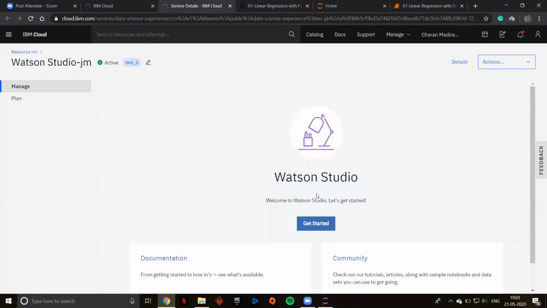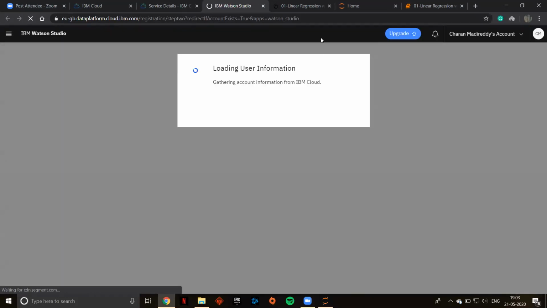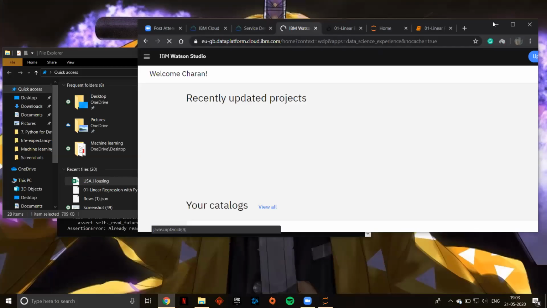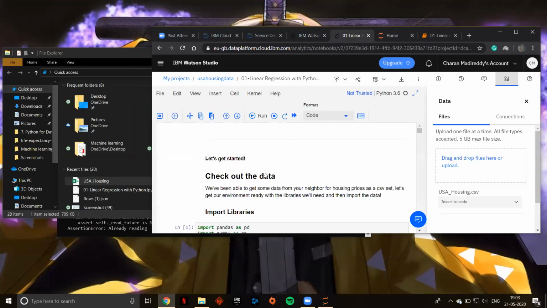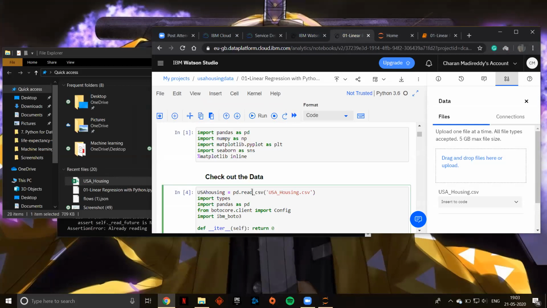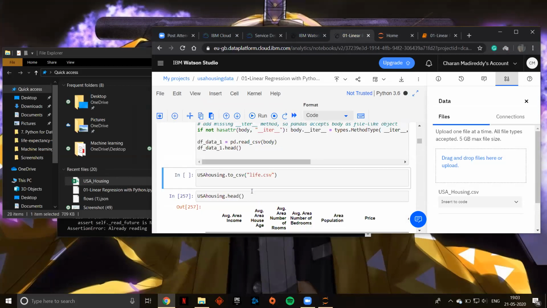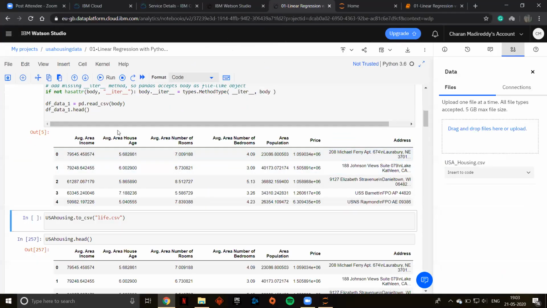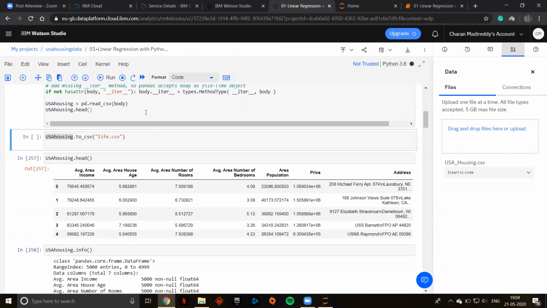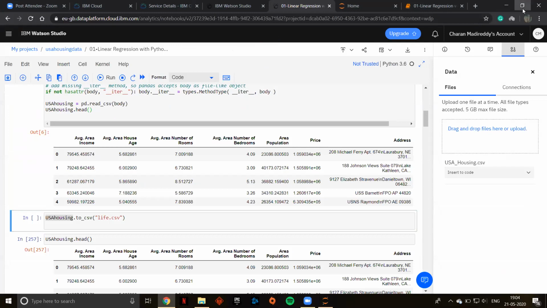Yeah, you can see the data, right? So I'm going to replace this DF data with USA housing.